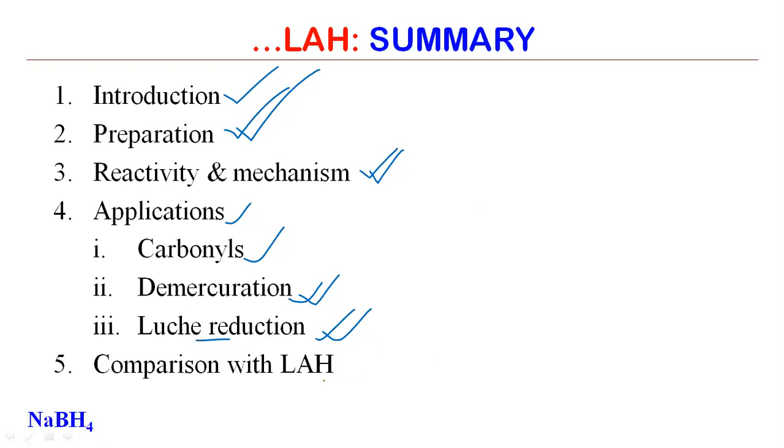And we have compared the reduction property of sodium borohydride with lithium aluminum hydride, and we have found that LAH is a stronger reducing agent as compared to sodium borohydride. And there are two reasons. First one is the size of the lithium cation, which is a smaller size, acting as a good Lewis acid. It activates the carbonyl oxygen and ultimately makes the carbonyl carbon more electrophilic so that hydride ion can attack. Second reason is the difference of electronegativity between aluminum and boron. Aluminum having lesser electronegativity, so from the Al-H bond, hydride can be transferred easily.